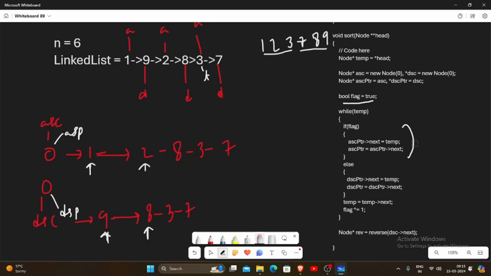Now it would say the ascending part's next is temp. So I was at 2, it says 2's next was 3, temp is here, 2's next would be 3. So that's it, we have now this, and my pointer will now come here. Next time temp, this condition will run, temp is now pointing to here,